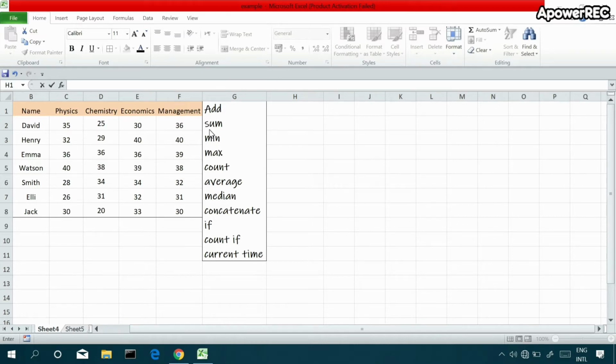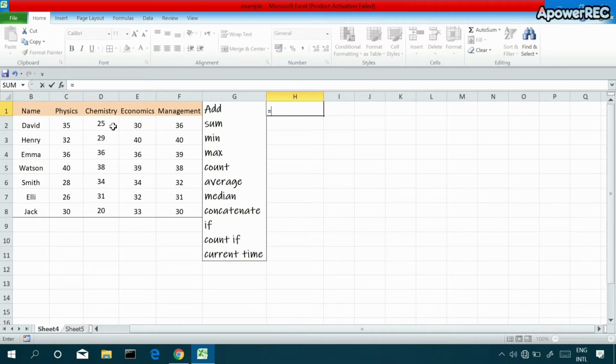One thing is important, for each and every formula in Microsoft Excel you have to start it with equal to sign. Just press equal to, select this cell, plus from keyboard and select second cell, enter. You can see in this way you can add particular numbers and you can also do subtraction, multiplications and divisions in this type. But in this type you will take long time, and what if your calculation is too complex?